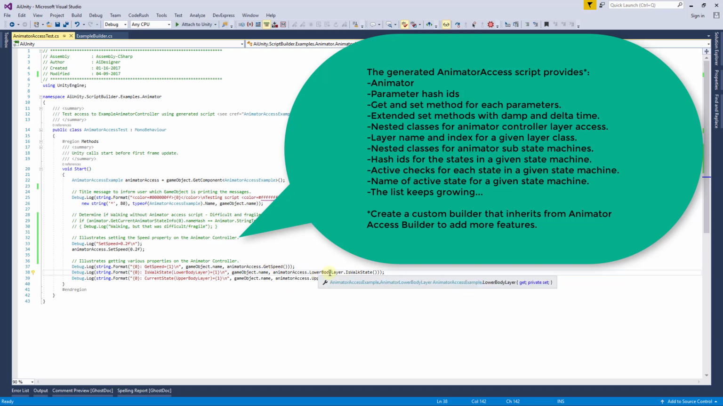Here we're looking in the lower body to determine if we're in the walk state. And finally, something that's not even possible with the Unity APIs, we're going to check what the current state string value is. So you can see here when we play it, the very intuitive methods available to access your